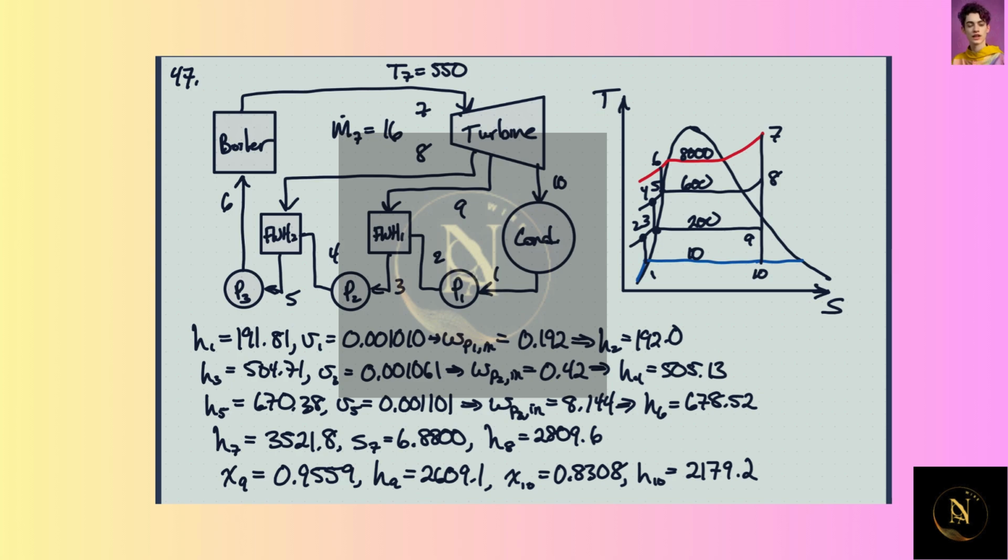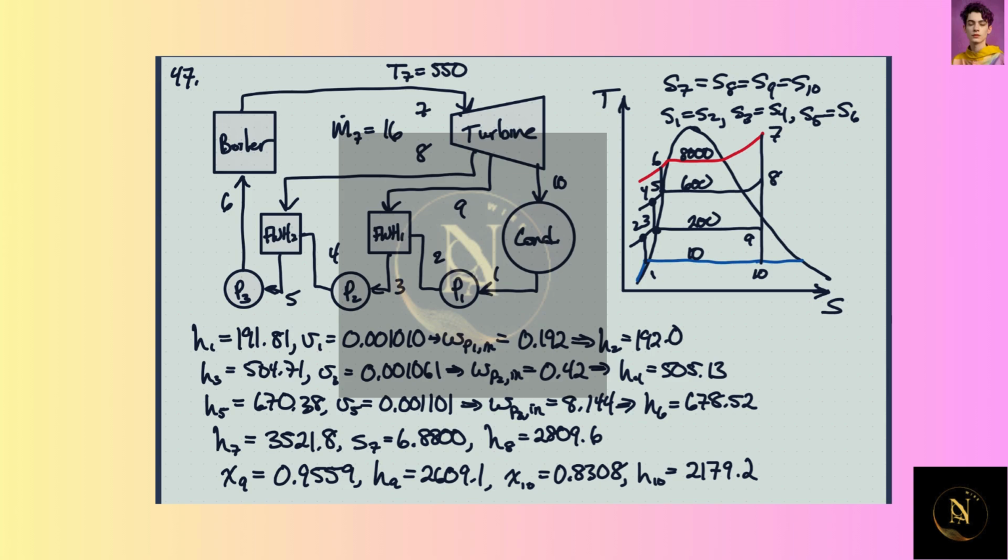I should make a note here. S7 equals S8 equals S9 equals S10, and then S1 equals S2, S3 equals S4, and S5 equals S6. So everything is ideal. The pumps and the turbine are 100% efficient, or isentropic. So then we can get enthalpy and entropy at 7,